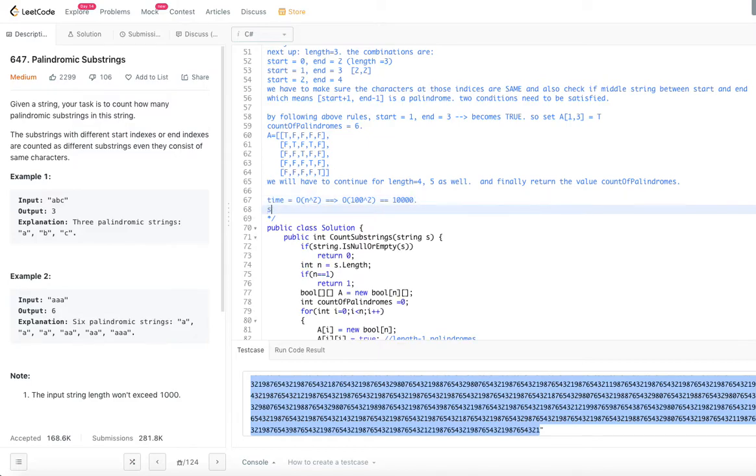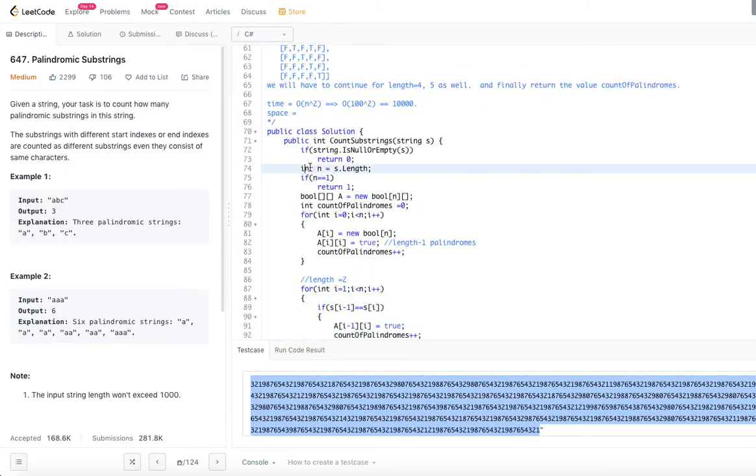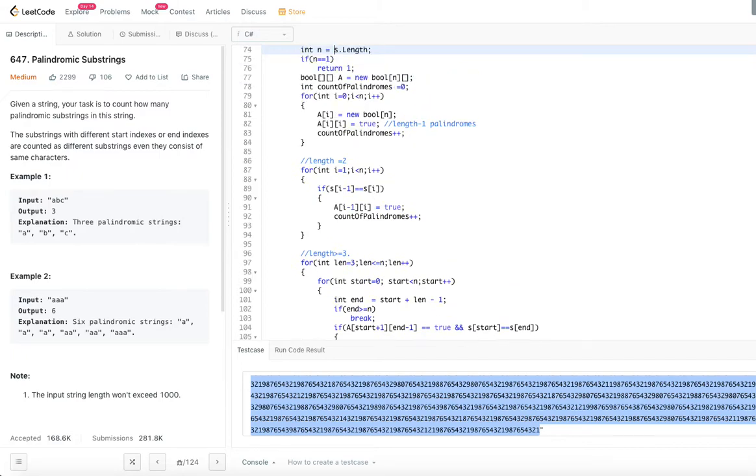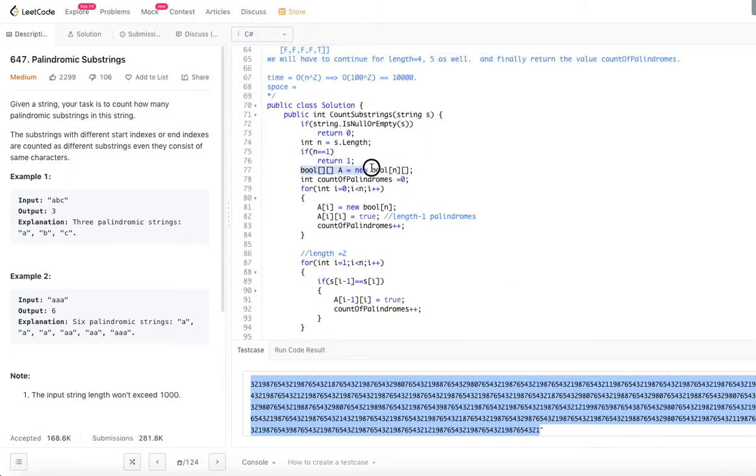And let's look at the space complexity for this algorithm. So what space are we using? We are using this integer n and a Boolean array of n by n, and what else? Yes, we are using count of palindromes and n, as well as the array of n by n.